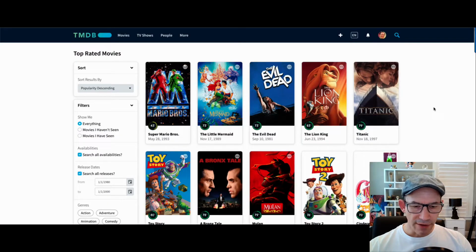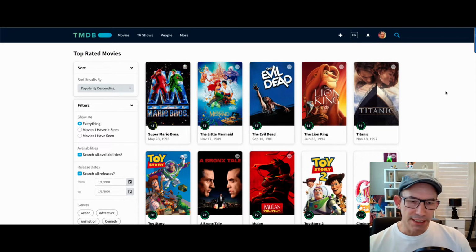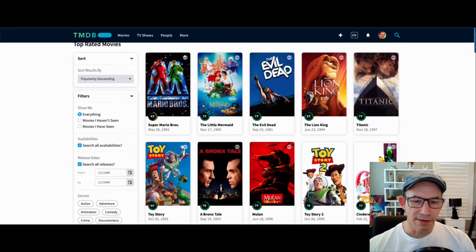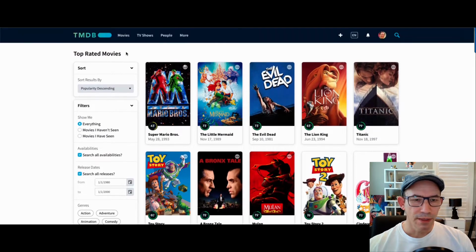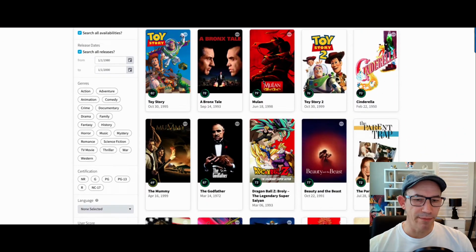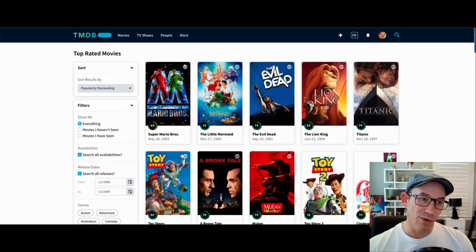All right, so let's dive into how we're going to build the digital poster display so you can see all your favorite movies up on the TV all day long instead of just one or two. The first thing you want to do is go to a movie database and find a bunch of movie posters. I looked around, there were a few online, but this is one of the best ones I could find. It's called the